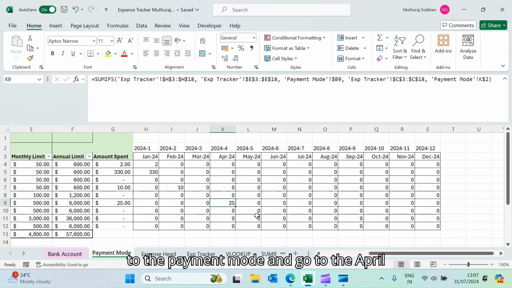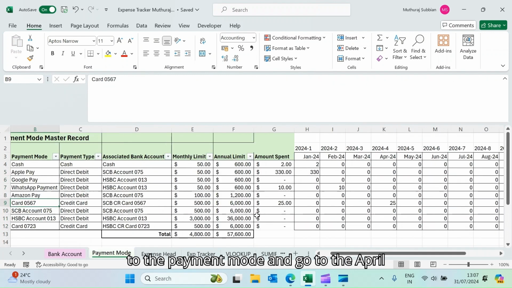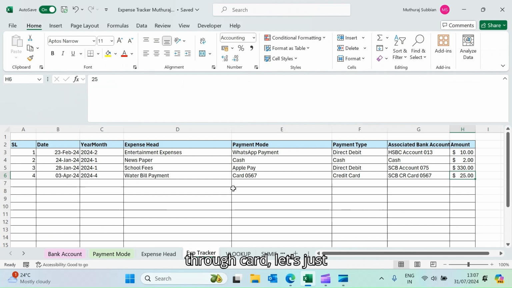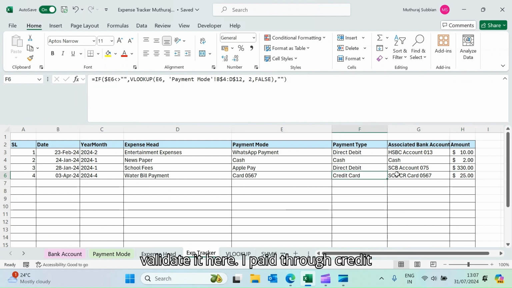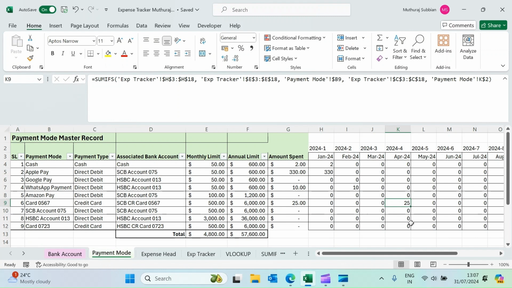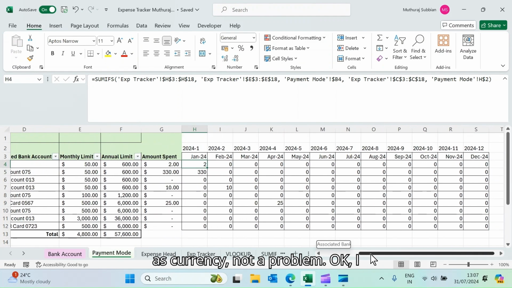Now if I go to the payment mode and go to April, I paid through card. Let's just validate it here. I paid through credit card and the expense I made in the month of April is $25. You can make everything as currency, not a problem. Okay, I think you all learned